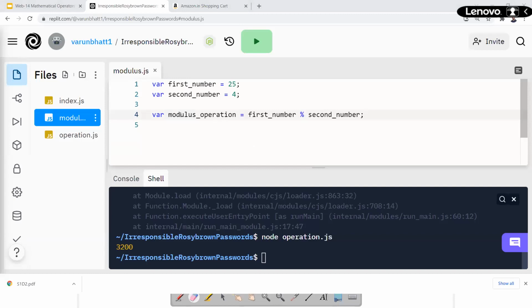Now, suppose you want to find the modulus operation. What will happen? You divide 25 by 4, and the output you get is basically the remainder. So when you divide 25 by 4, the remainder is actually 1. So when you do console.log and you do the modulus operation,